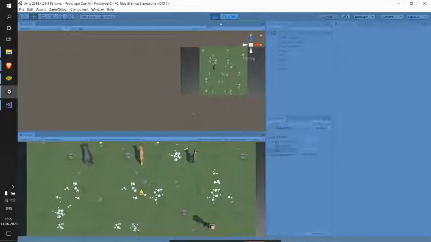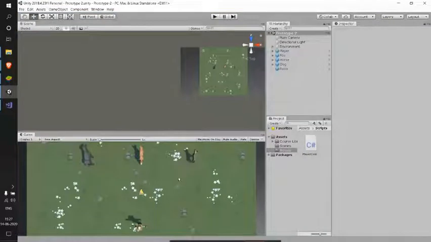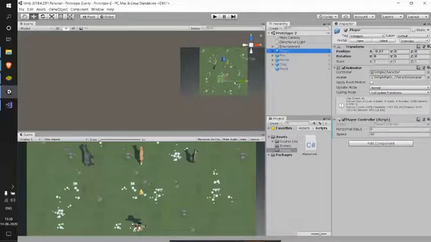So now we need to put some restriction on our player so that they will not move out of our screen. So we need to create some bounds. Let me check that. I'll focus on my player.